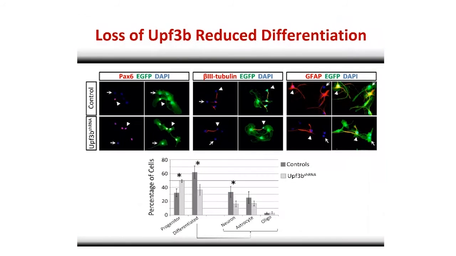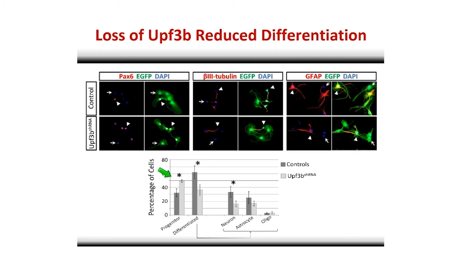And for that, as I mentioned, we plate the cells out, we let them differentiate over a few days, and then we can use marker genes to stain the cultures. PAX6 stains for neural progenitor cells, beta-3 tubulin stands for early born neurons, and GFAP stands for the astrocytes, and we really just conduct cell counts to see where there was a difference in the kinetics or composition of these cultures.